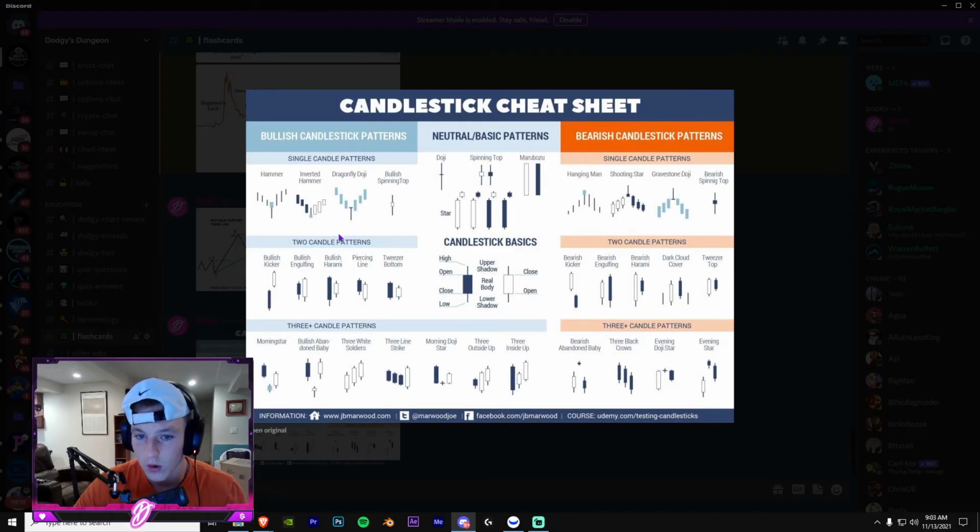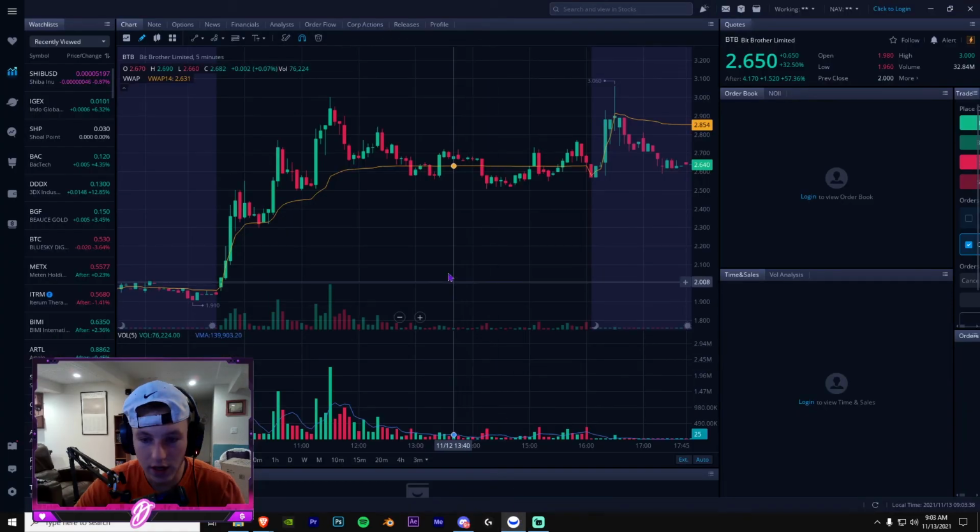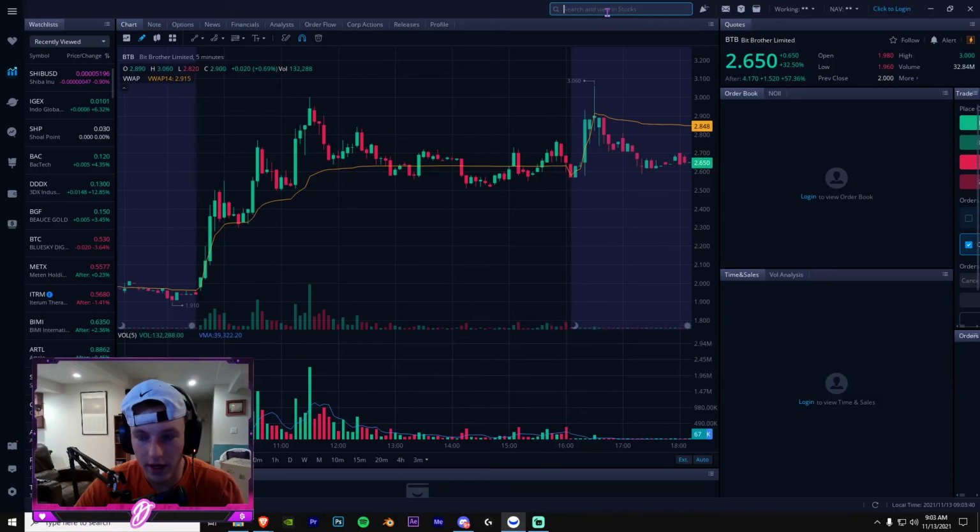So what a hammer is. This is a hammer right here. We've got a body that's like 2/3 of the wick, and then a wick that goes down and then back up again. So what does this tell you? This tells me that at the bottom of a trend, the buyers are pushing this wick. They're pushing the price back up before the candle closes. And then usually I do not enter the trade right there. Usually I'll wait for a